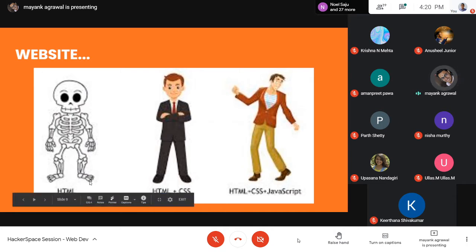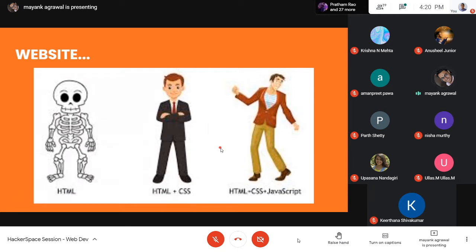The front end part is basically what a user sees, right? It's how you see a website whenever you open something. You see a beautiful background or text or something else moving on a website.